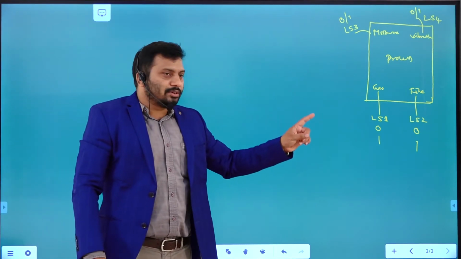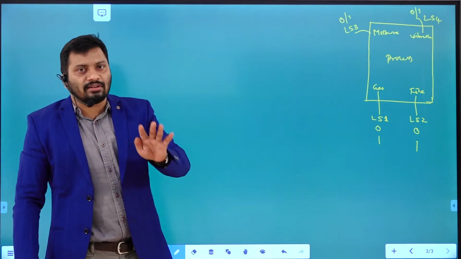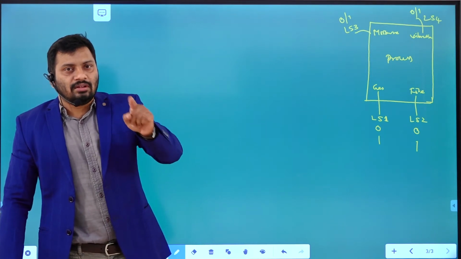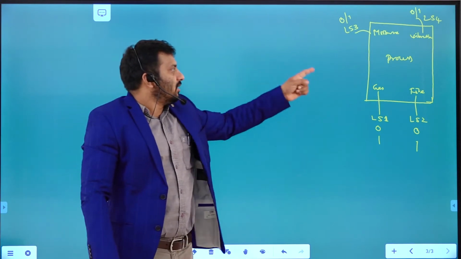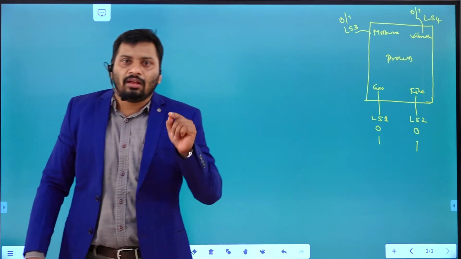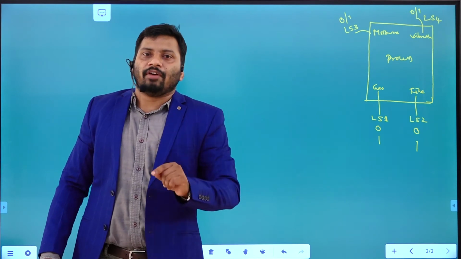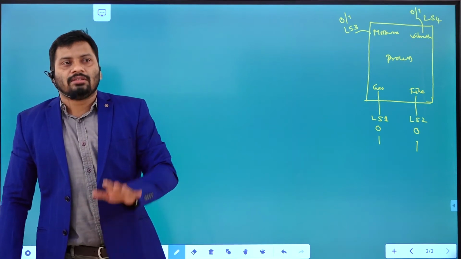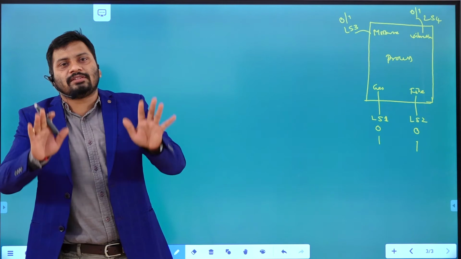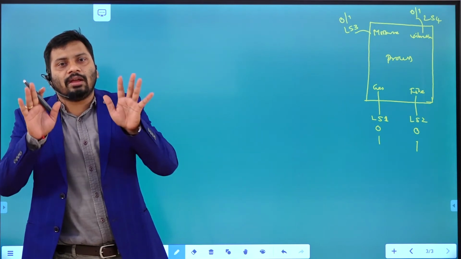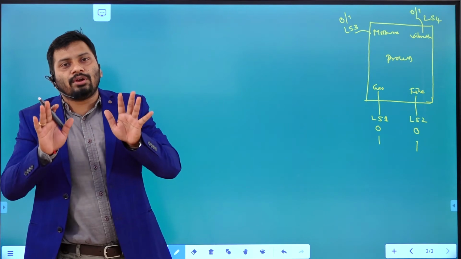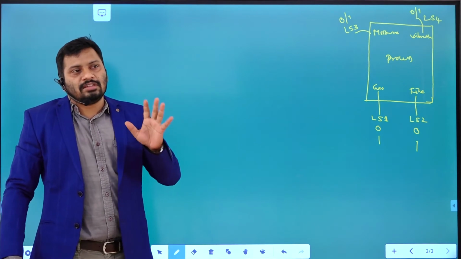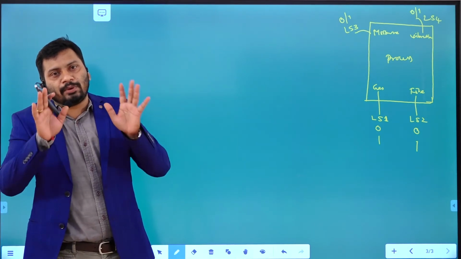In the similar way, limit switch 2 giving 0 means fire is under control, right? Giving high means fire is above the limited value, that means some disturbance is there in the field. In the similar way, the remaining two switches also give the parameter values, moisture and vibration, whether these parameters are within the limit or above the limit, right? Whether the process is taking place in a fine atmosphere or not is observed by looking at the data coming from these four switches, that is, whether the process atmosphere is good or not, right?